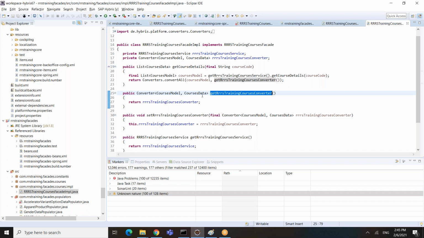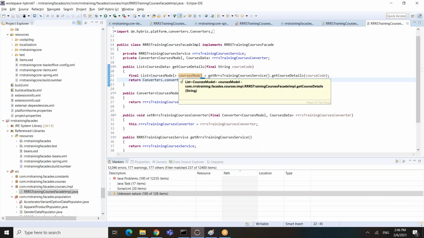So as part of the populator, we are going to populate the model object to data object. How are we going to do it? Using the converter. The converter will create a data object, and then the populator will be used to populate the model object into the data object. So this is going to return the list of courses data.